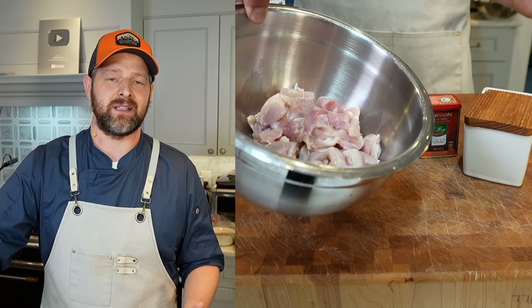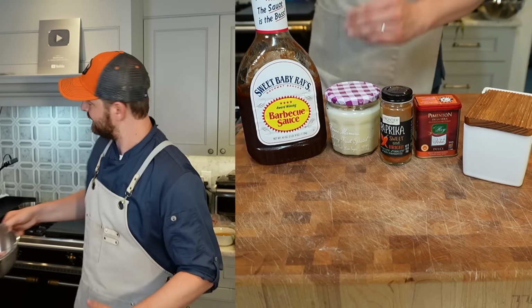For the chicken, I have about 2 pounds of chicken thighs here that I've trimmed up and chopped into 1.5 inch pieces. I'm gonna marinate these. For the marinade, I'm gonna be using salt, smoked paprika, regular paprika, and a little bit of bacon fat. If you don't have bacon fat, no worries. You use a teeny bit of oil, doesn't really matter. This is going to ramp it up, take it up a notch,